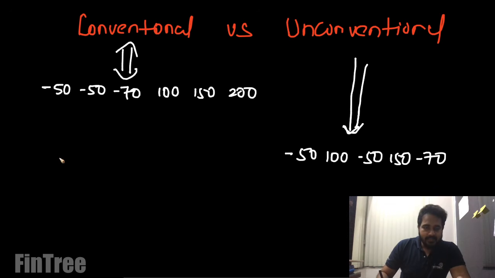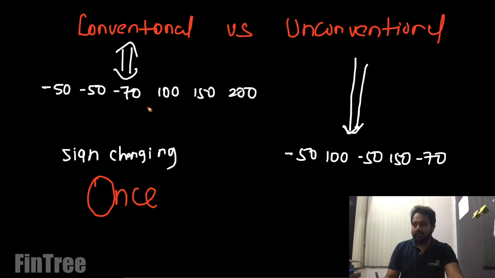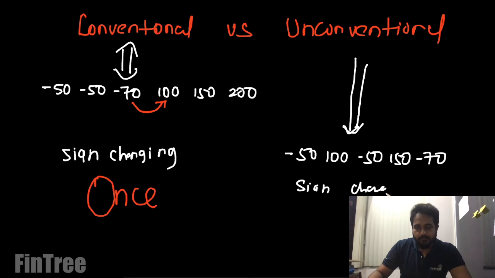Very simple. If the sign is changing only once, then it's a conventional cash flow. Where did it change? From negative it became positive here. But if the sign is changing more than once,